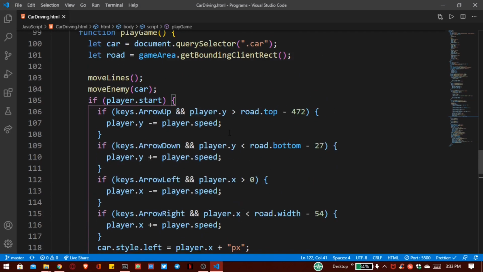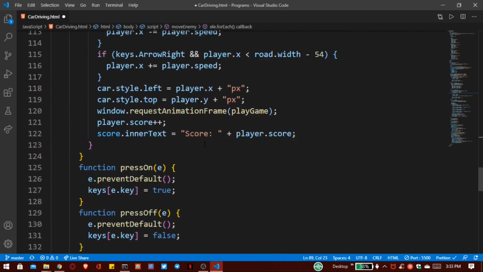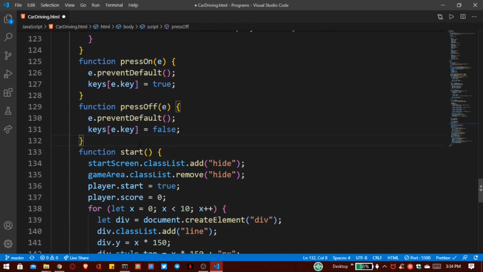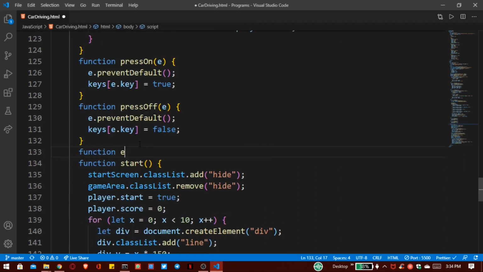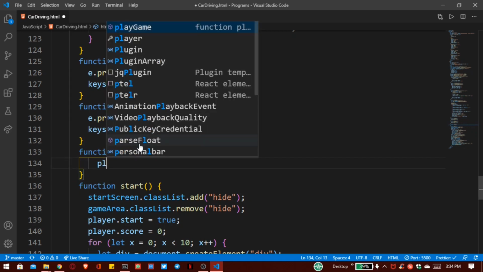Now we have to stop the game whenever our car collides. So instead of this hit button, I want to call a function that is end game. So now let's add a function end game here, and here we have to set our condition for our player to false.